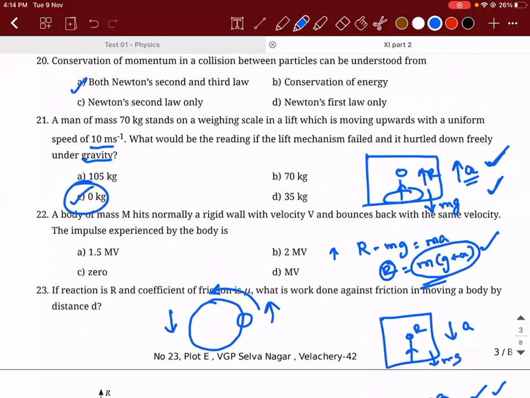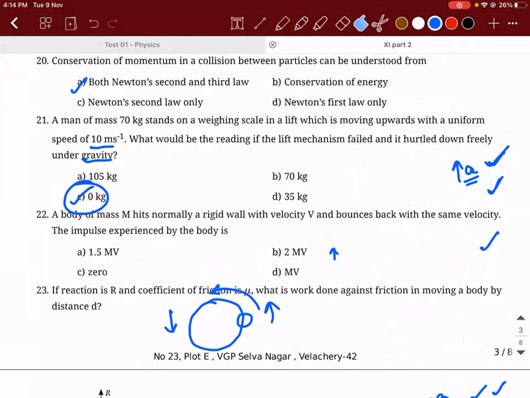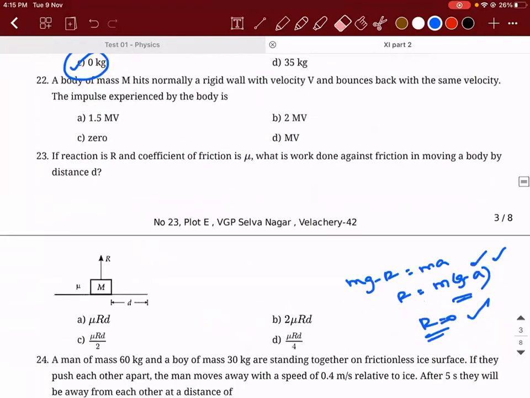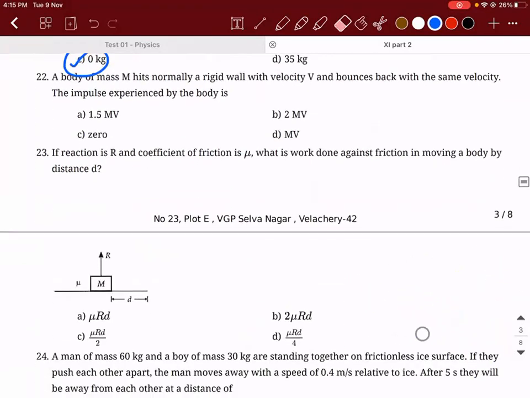This is a non-inertial frame, right? Yes, provided you're solving the problem from the person's perspective. Whereas if you're standing outside and solving, then it is an inertial frame. Anyways, let's not get into the details of frames of reference. So this is the concept. I hope everybody made a note of it. All right. Next time if this question comes, ensure that you're using the right formula. Okay, let me go to the next one.